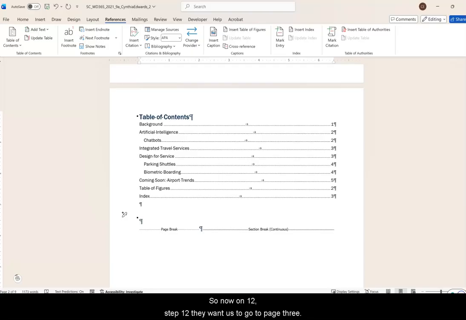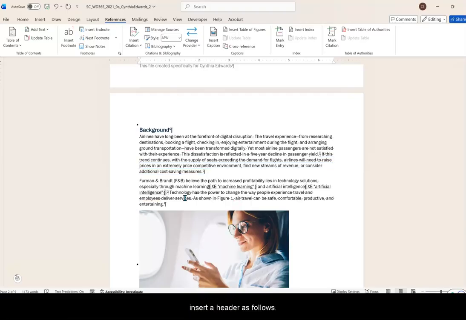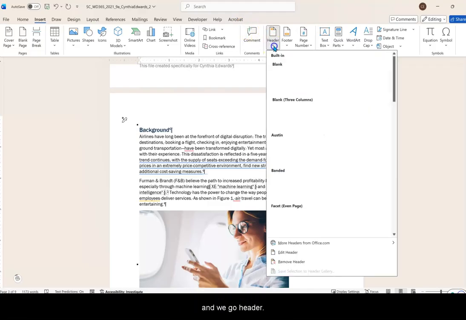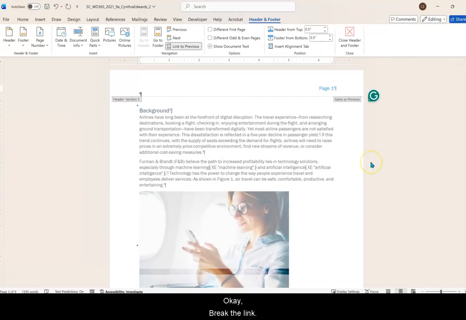So now on step 12, they want us to go to page 3. It's the page beginning with the background heading. And insert a header as follows. Insert the slice 1 header. So we're going to click here. And this one we do go insert, and we go header, and you're going to have to scroll down a little bit for slice 1. Okay? Break the link